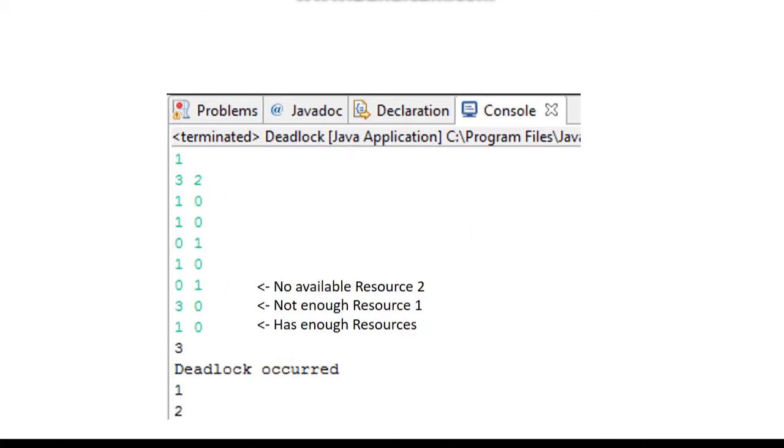In this next example, however, you can see a lack of resources for Process 1 and Process 2. Process 3 will be done since it has the resources to do so. But as you can see, the program will indicate that a deadlock has occurred. So our program released the resources of Process 2 since Process 1 requested first, and that it was the resources Process 1 needed in order to run. Then finally Process 2 was done.